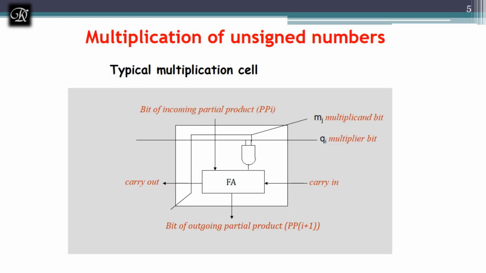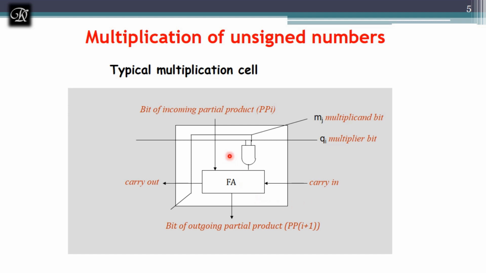Let's see how we can implement this in the logical circuits which we have already discussed. The full adder is the circuit we have already designed in the previous video, and we have seen the gate delay it's going to generate. I have already told in the previous videos that we are not performing any other operations and we are not designing any other circuits. We are always performing the addition operation and making use of only adders. But we achieve subtraction, multiplication and division with the help of adders and with the support of some other logical circuits.